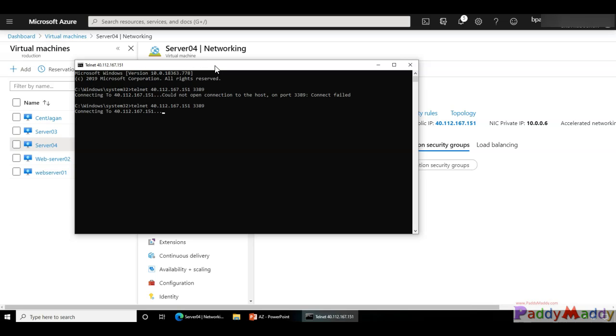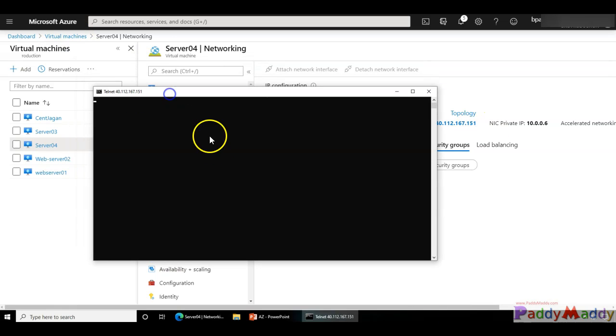Now let's type the port. It got connected. That means I should be able to now do the RDP. That concludes our demo and how to use this